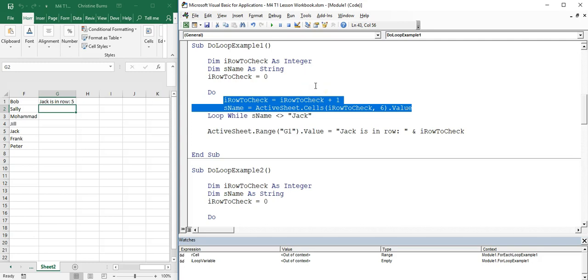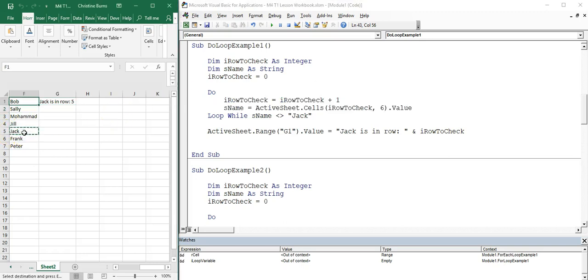Let's watch how the loop executes if we put Jack at the top of the list. Did you notice that the loop actually didn't loop back at all? There are 3 other variations of the do loop. The next variation that closely resembles the do loop while is the do loop